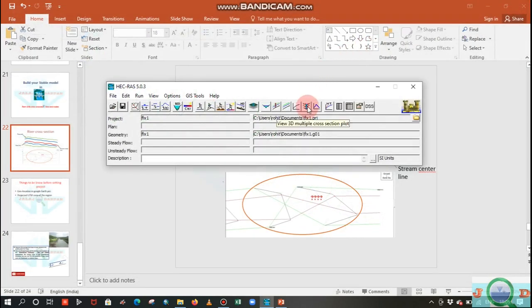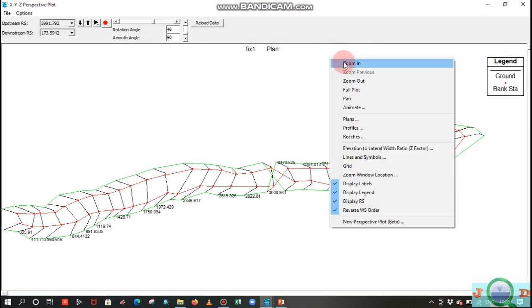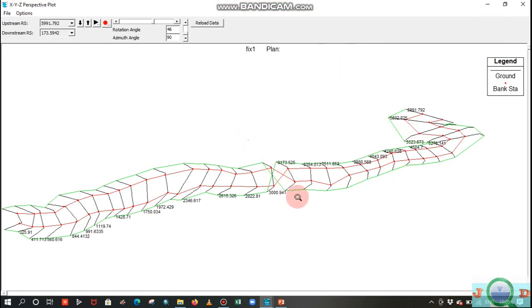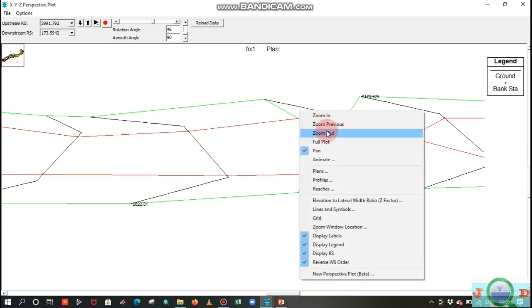That is the 3D view of the multiple cross section plot. If I zoom in here, you can see this error. You have wrongly defined the bank line from left to right to left, so you need to fix that up to the last cross section.